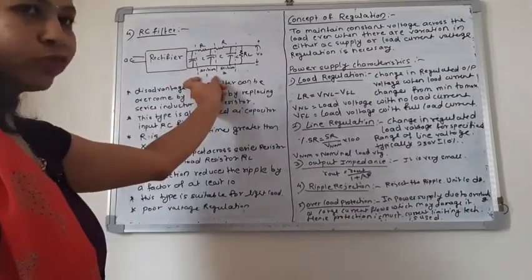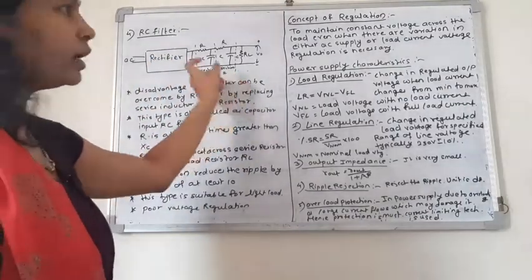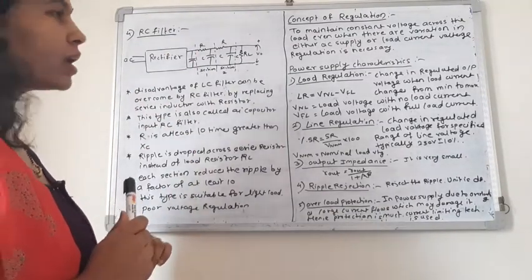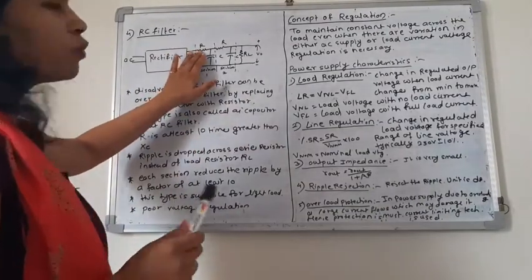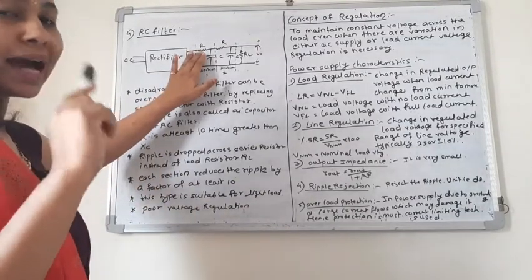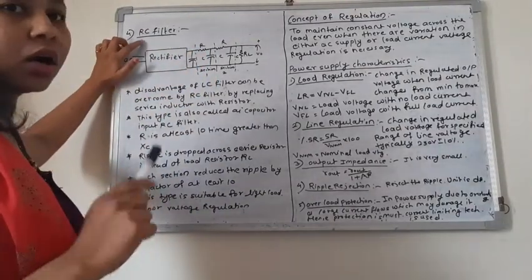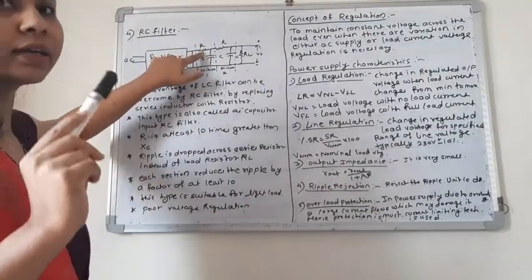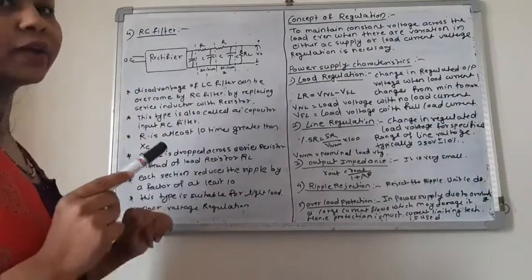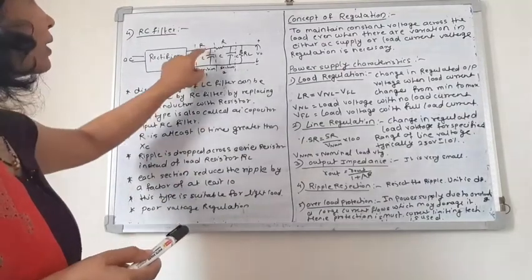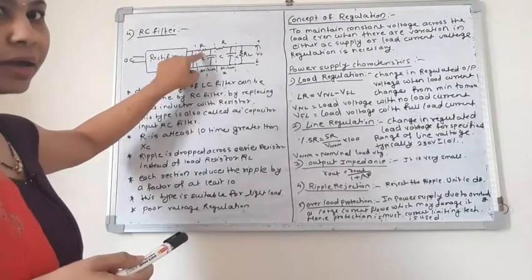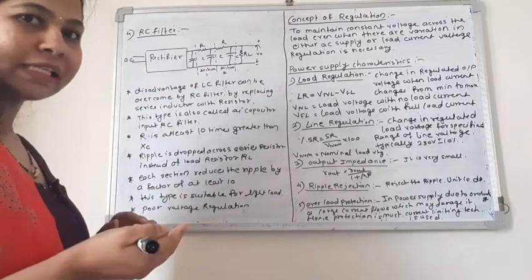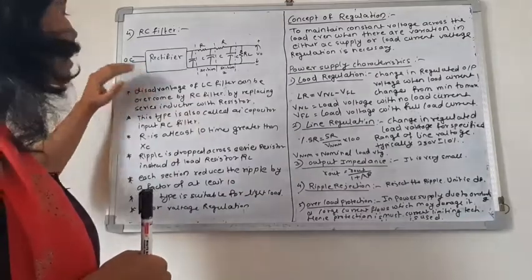This one is section 1 and this one is section 2, where the R and C are connected in cross position, in parallel position. Okay, so here what happened? In the last lecture we saw the LC filter, where there is an L, which is an inductor, but here in the RC filter we replace that inductor with a series resistor R. Okay, so what are the disadvantages of the LC filter that can be overcome by using the RC filter?